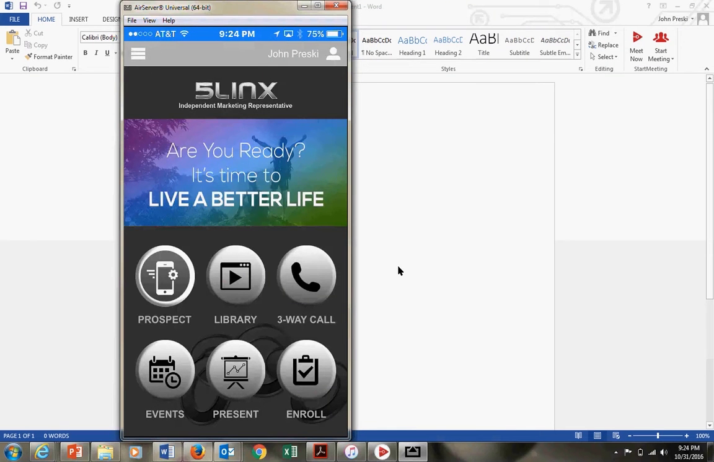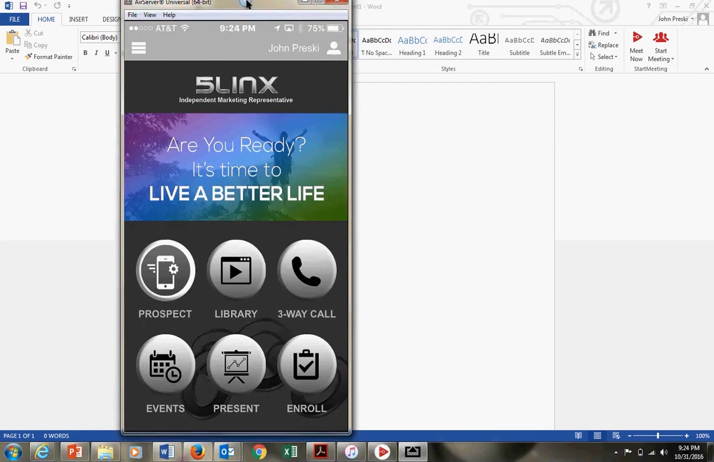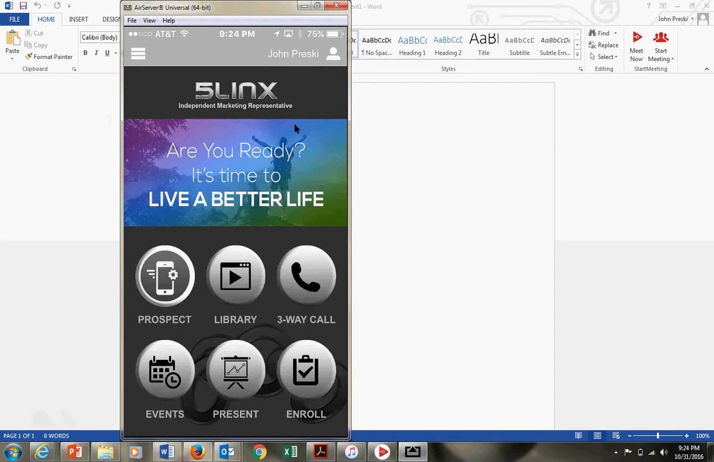Okay, welcome back, everybody. Now we're going to go over the app itself and the basic layout, functions overview, and get you started so you can get using your app right away. Okay, so what you're looking at right now is the home page of the 5-link select app, okay? And a couple things I want you to notice is first thing right here, we're going to go over the